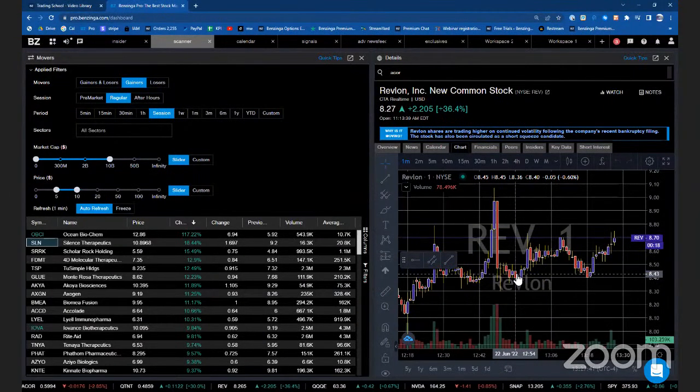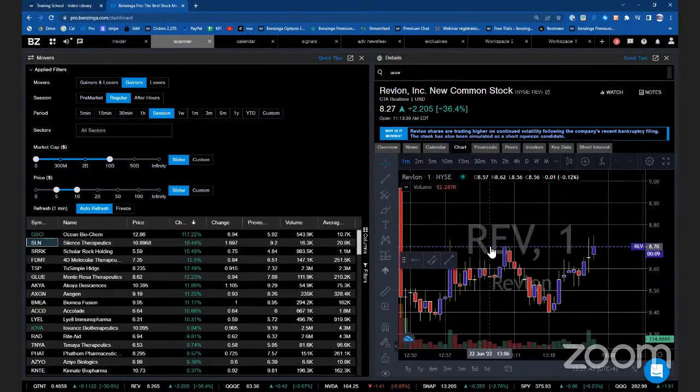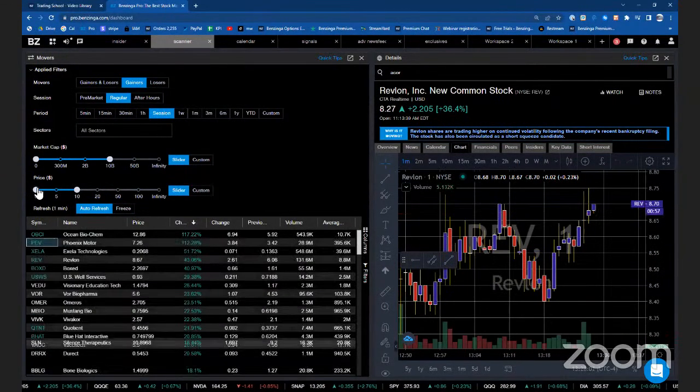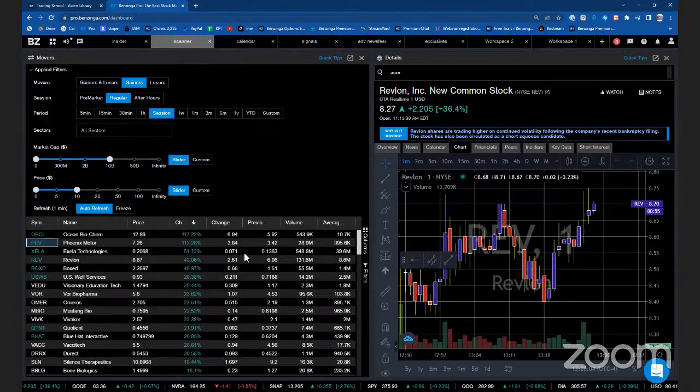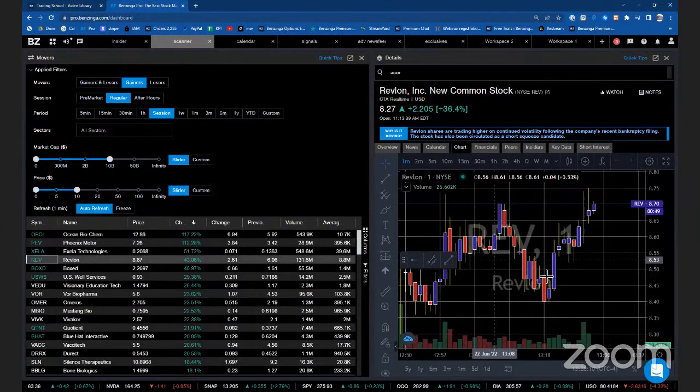So as I'm actively trading right now with you, well, I'm not trading it, but if you're trading a stock, you can have a chart open, have a scanner, check all the moves real time. All right. So let's just see what we could find on this scanner here. Okay, we already know Revlon is there.